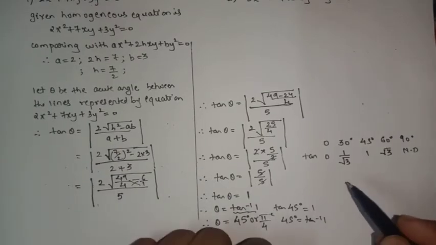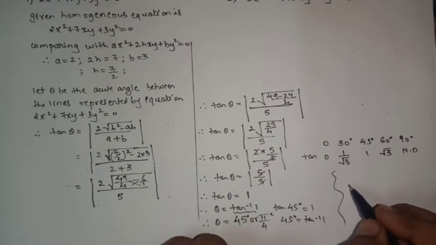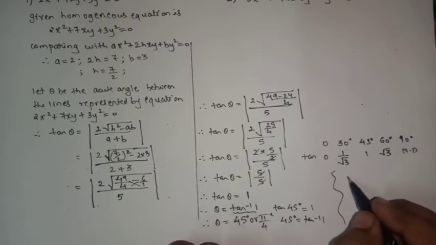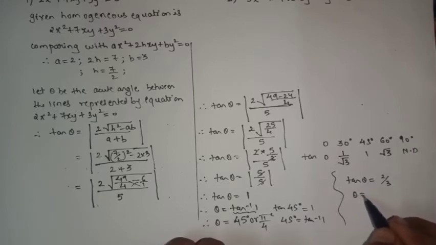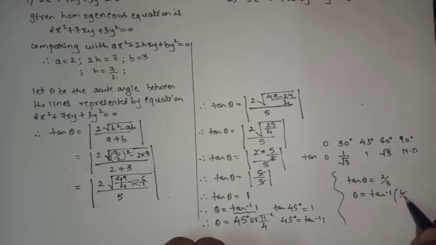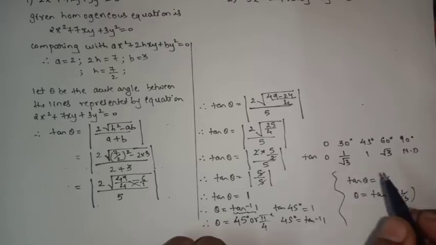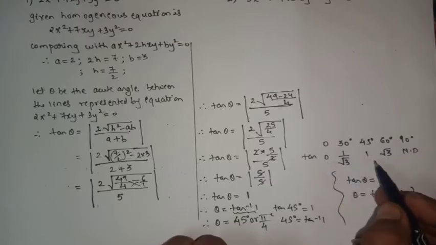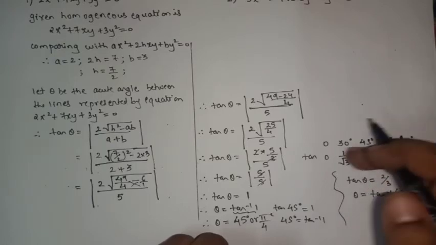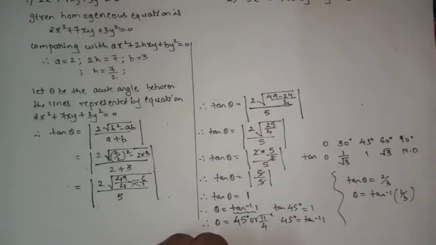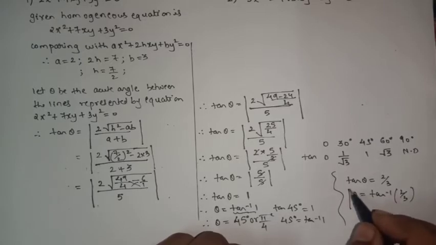Suppose in the last step, for any sum, you are getting some unknown value other than these. Like if I said tan theta is equal to 2 by 3, then simply theta will be equal to tan inverse 2 by 3. We cannot find the value of theta, as 2 by 3 is not there among the known values 0, 1 upon root 3, 1, root 3, not defined. Why are they known? Because we have the angles. 2 by 3 is unknown, so whenever you get an unknown value, you cannot find the angle, so you will stop your answer there only.